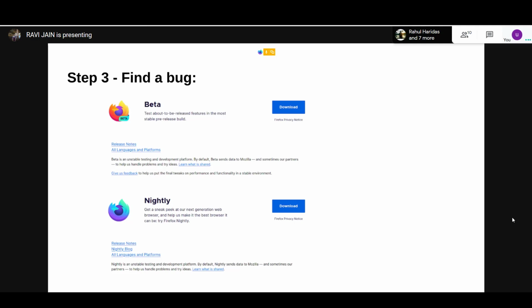For instance, you might find a bug in the normal Firefox browser, but that bug would have been fixed in the nightly version. So it is advisable that you use the nightly version for bug hunting rather than your normal Firefox browser, because the bug you might be claiming would be a duplicate or would already have been fixed by the community.